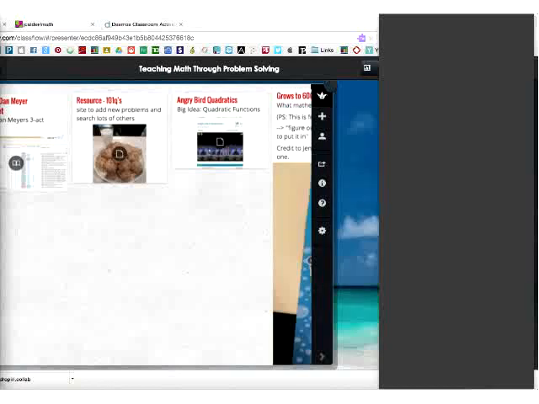I'm going to stop screen sharing right now. I'm also going to close the Classflow. Let's finish up our conversation back with the PowerPoint back in the Blackboard Collaborate room. So I'm going to close Classflow, which will kick you all out. I'm going to close my screen share. So give me 2 seconds to do that.